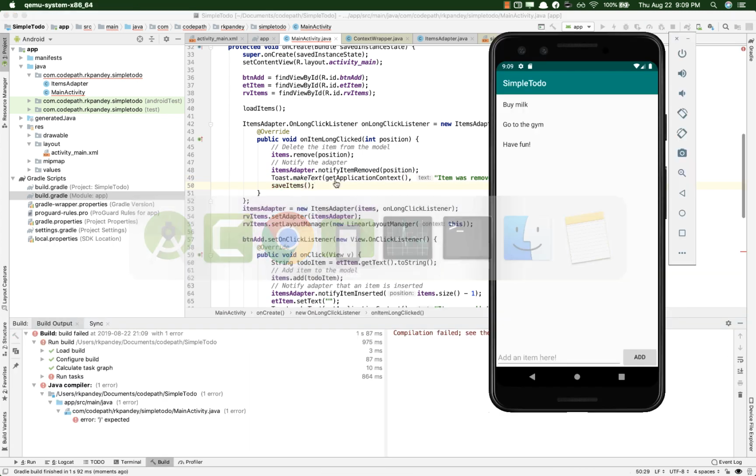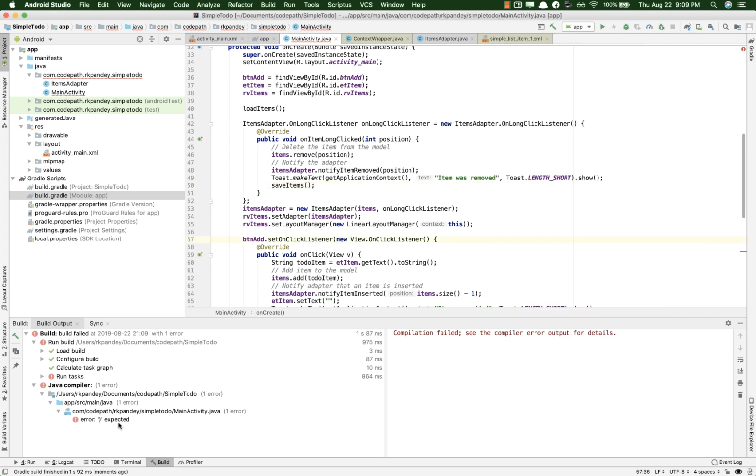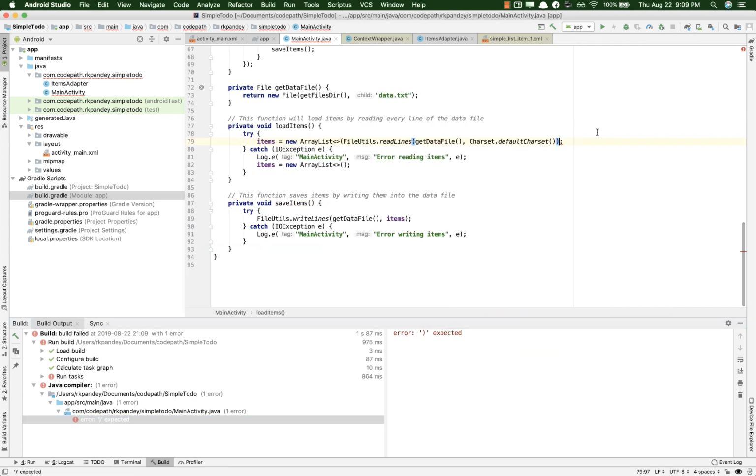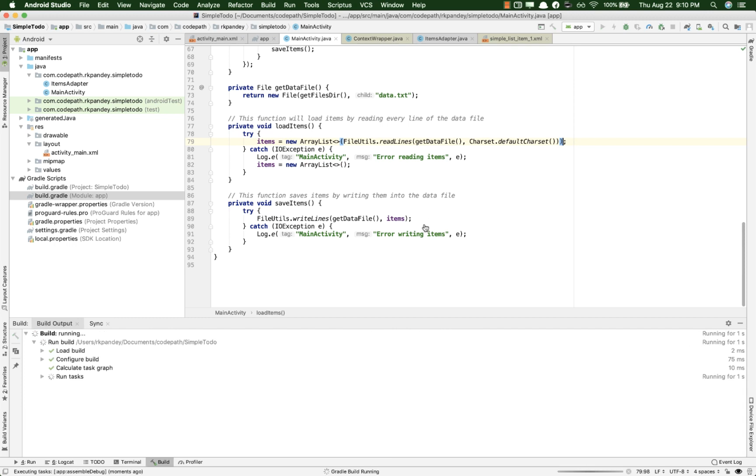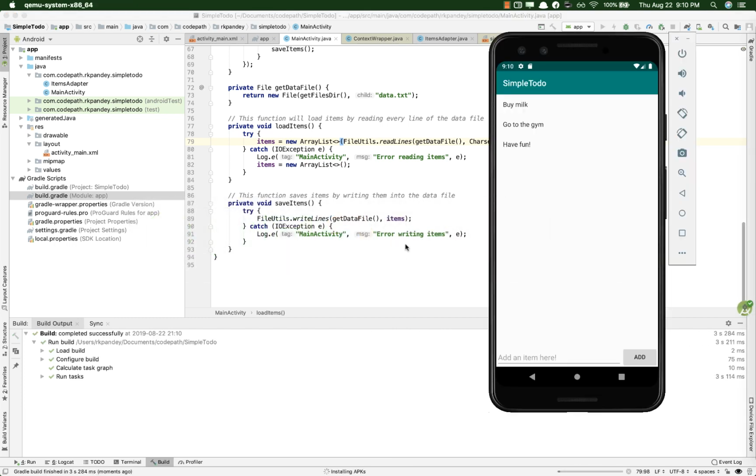So I'm running the application, and I should, oh, it looks like we have a compile error. I think I'm just missing one parenthesis. So let's try compiling it one more time. So because we removed the mock data, we now expect there to be no data. That's what we see here. But if I actually add some items,